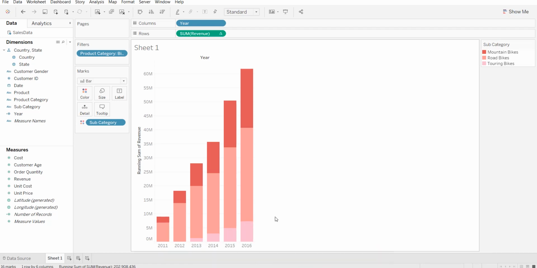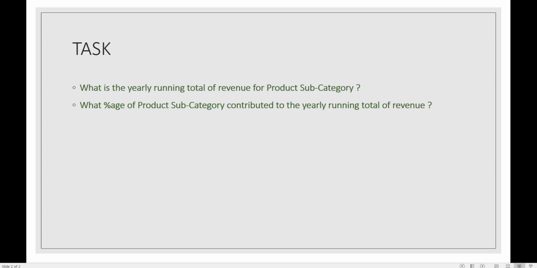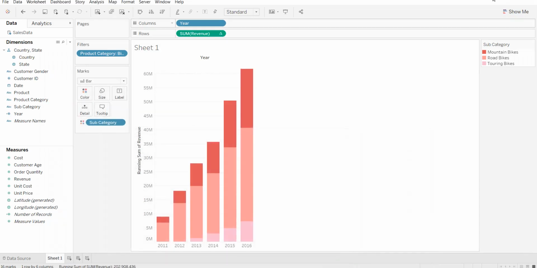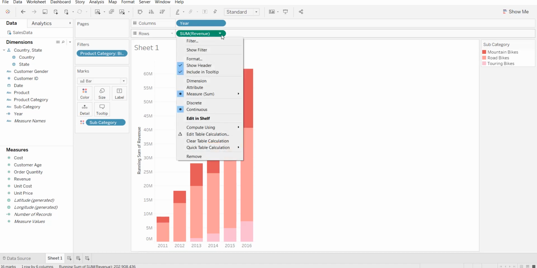So this is a great piece of information. We can analyze a lot from this. Now you can go back and see whether the question is answered or not. What is the yearly running total of revenue for product subcategory? And hence we are able to solve this. Okay, so the next question was, what percentage of the total revenue did each subcategory contribute? For this, we need to add